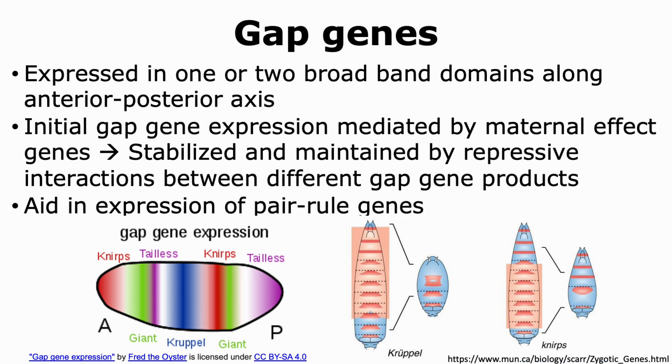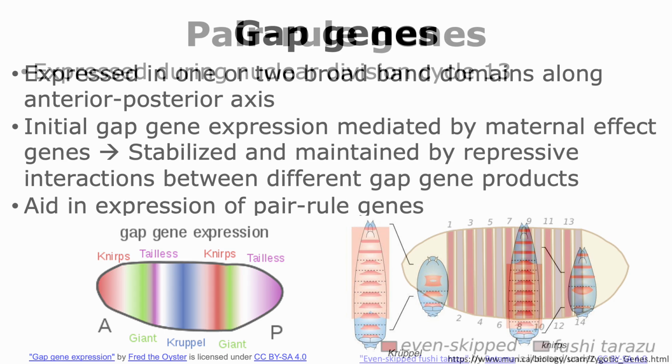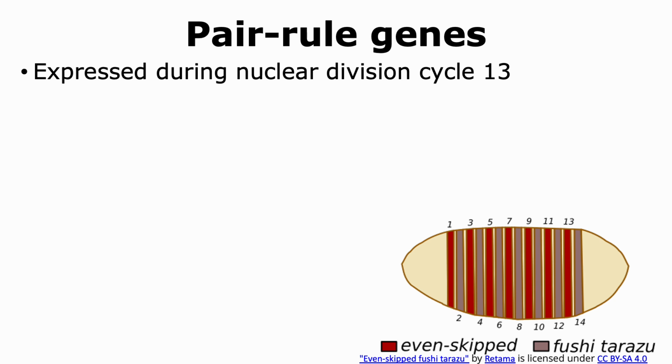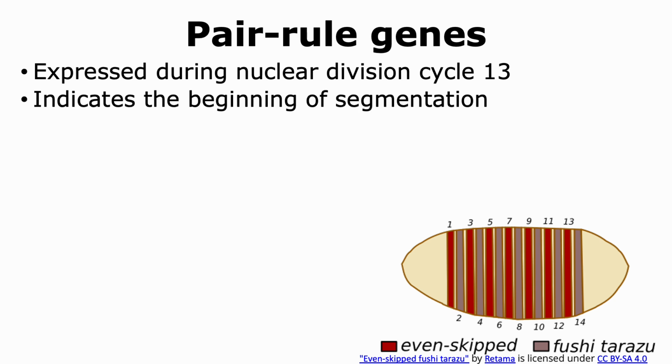The gap genes aid in the expression of the next segmentation genes, which are the pair rule genes. The pair rule genes are expressed during nuclear division cycle 13. What should be remembered is that the expression of the pair rule genes indicates the beginning of the segmentation process. So in the case of Drosophila, the moment the expression of pair rule genes occurs, that is when segmentation starts